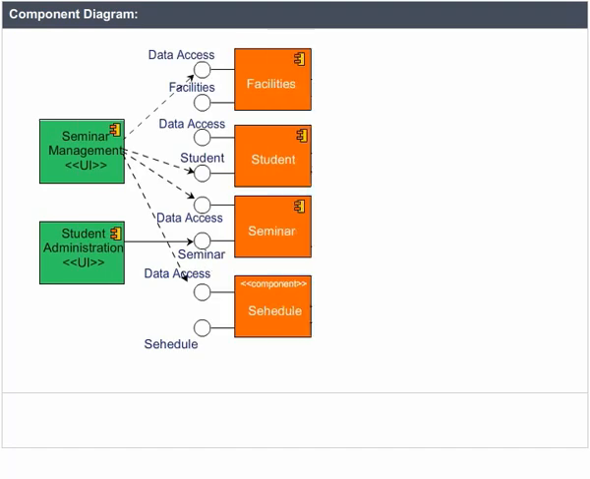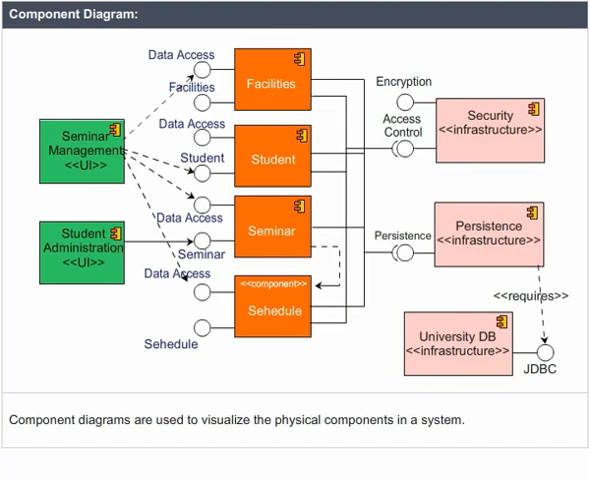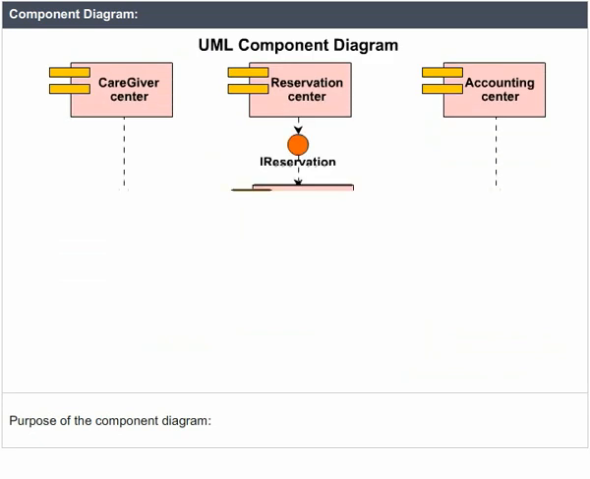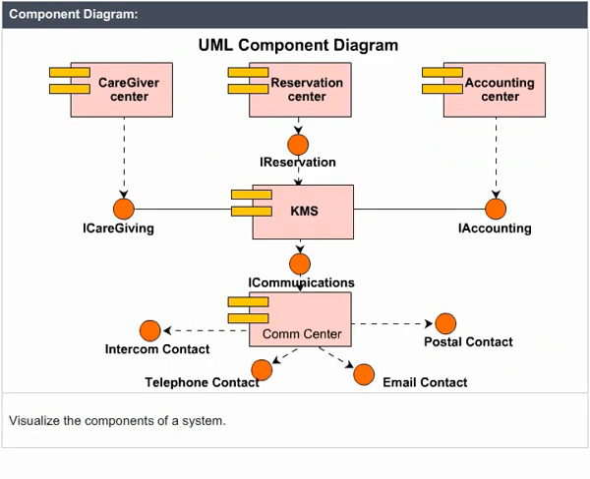Component diagram. Component diagrams are used to visualize the physical components in a system. A single component diagram cannot represent the entire system, but a collection of diagrams is used to represent the whole. Purpose of the component diagram: visualize the components of a system, construct executables by using forward and reverse engineering, describe the organization and relationships of